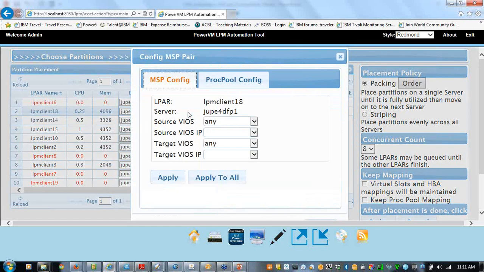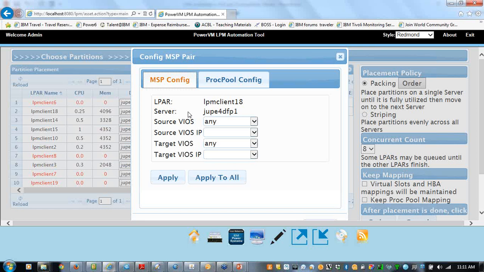But we have an MSP config. Some customers say, hey, I know I've been doing some LPM around for a while, and I actually have some 10 gig adapters that I want to send all my MSP traffic over. So remember that mover service subsystem we talked about in the first chart deck that helps the VIOS, helps the hypervisor get the memory from the clients. We send that across that MSP VIOS across the network to the other one.